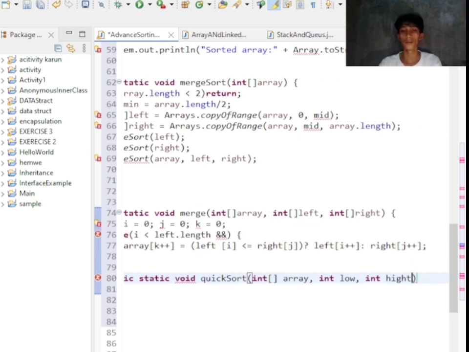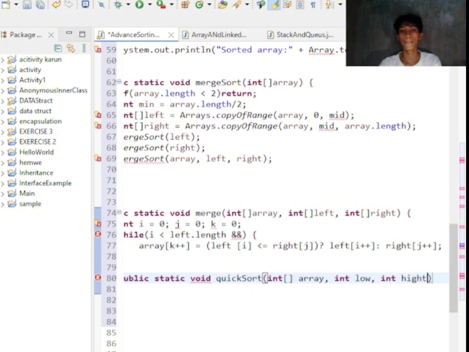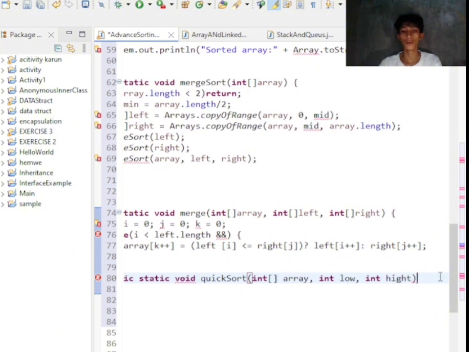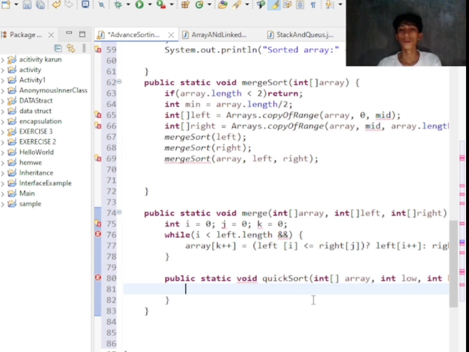Yes. Next, you have to create if statement. If low is less than high, and then we have the